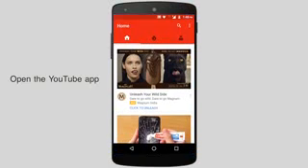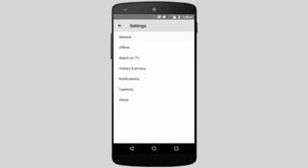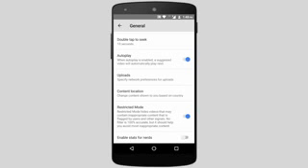Simply go to your YouTube settings, tap on the three vertical dots and then go to the settings option. From there go to General and then scroll down till you see the option Restricted Mode and then turn it on. Now one problem with Restricted Mode is, just like you have turned it on, you can also turn it off. And I guess there should have been a confirmation or password protection, because kids can easily misuse it,